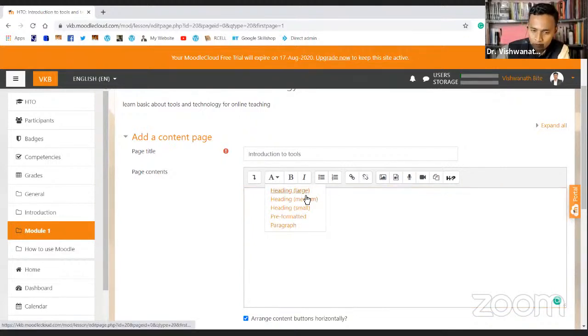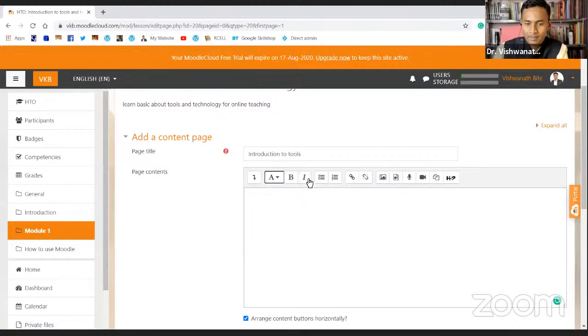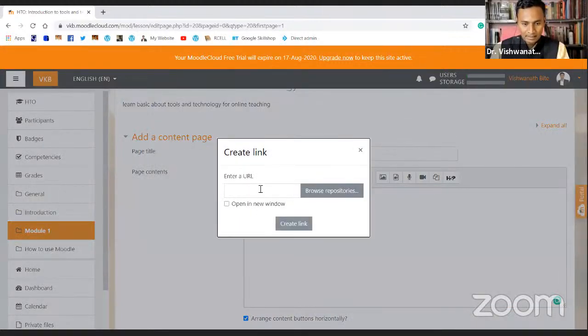If you want to give a heading, medium, small, pre-formatted, paragraph, bold, italics, that's the usual formatting we do. If you want to give a link to something, for example, "visit this website" is what I want to show my students, and then I want to give a hyperlink to the website. So I'll just click here and add a link.